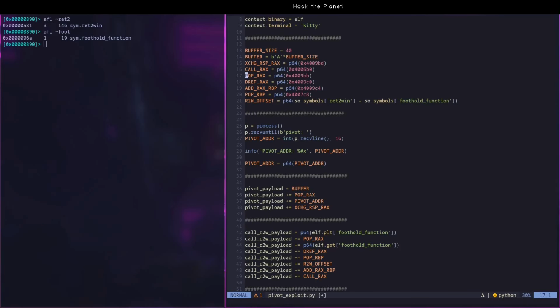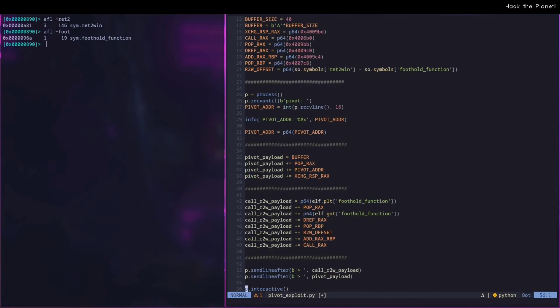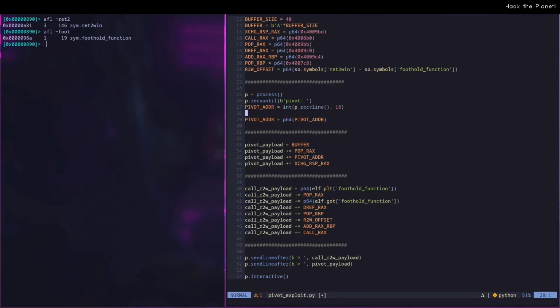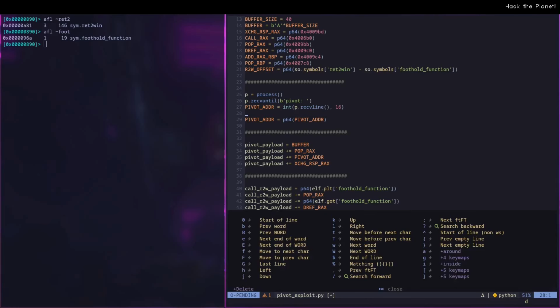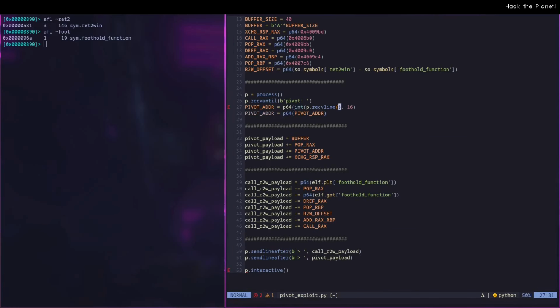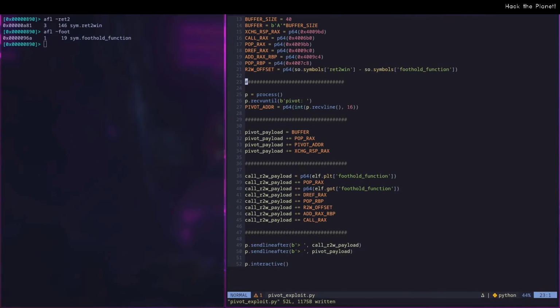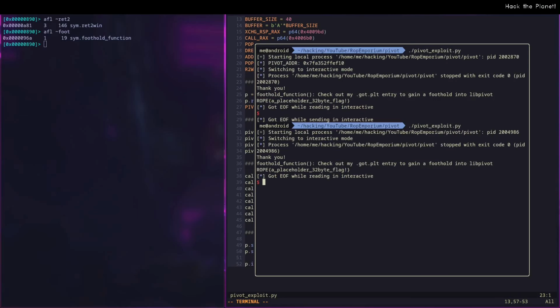So I think we got a little too much here. We didn't use that, but all the others we did use. So I think that's relatively clean and straightforward. I think we can remove that. See if it still works. Yep, it does. And with that, we've solved the pivot challenge from Emporium. And I hope we can also solve the last